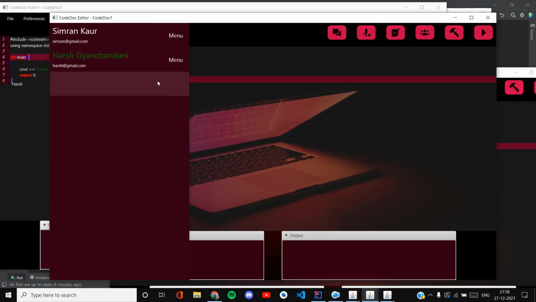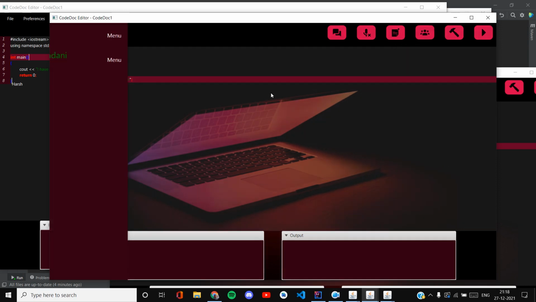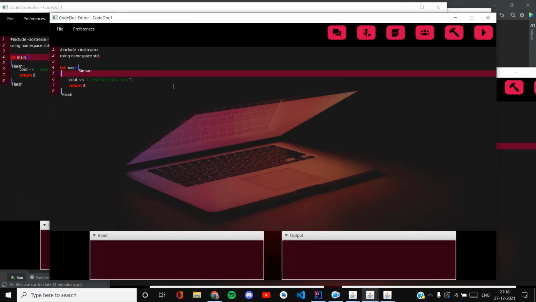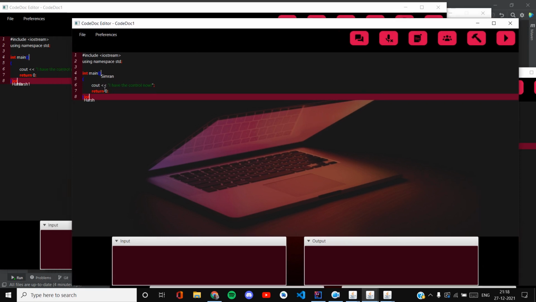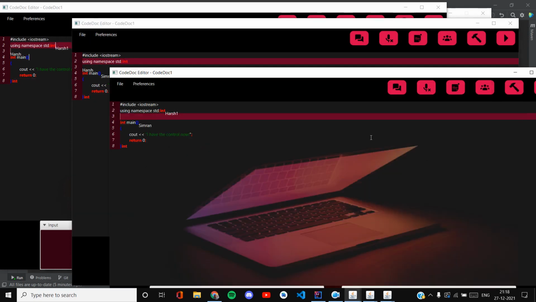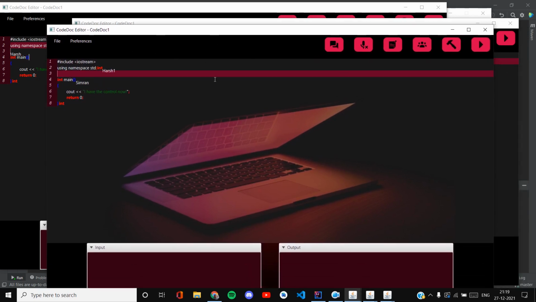How to prove it? The first method is obviously trying to edit. Now this is the screen of Harsh1 Yanchandani, with other users Harsh Yanchandani and Simran Kaur. Now Harsh no longer has control and Simran never had control. So now I can make changes and these changes will be reflected on everyone's screen. As you can see, Harsh1 is typing over here int, and over here as well, it shows the name Harsh1 is typing, and the same goes at this place. So this was the working of the entire editor.